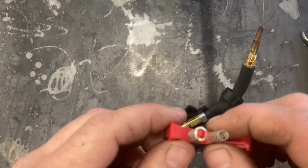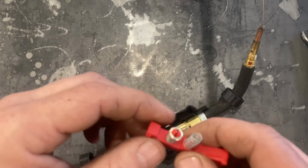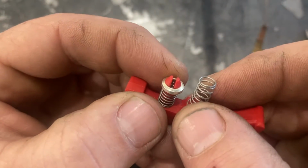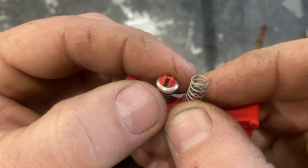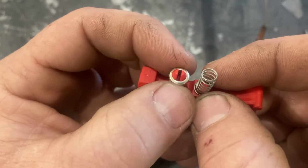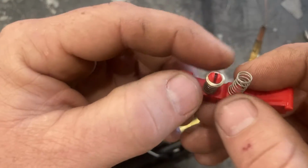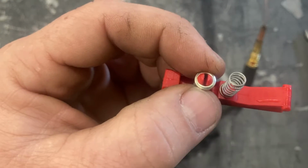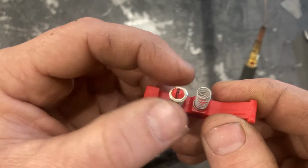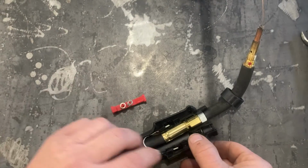Now, I've noticed on mine, I was having a delay. I'd have to pull the trigger several times before it would feed properly. And not sure if you can see on here. It's very hard to see. I even used a magnifying glass. You can see a little bit right here. It developed flats on the, I guess you could call this ring. And the flats, I believe, were no longer contacting properly. And so without those contacting properly, I'd have to pull several times before this ring would seat firmly on the